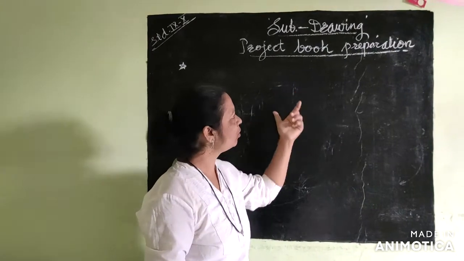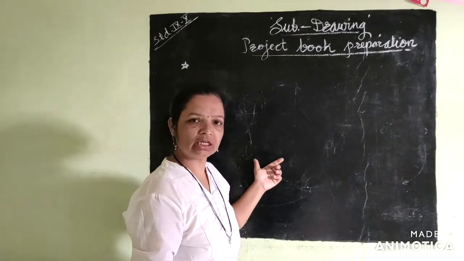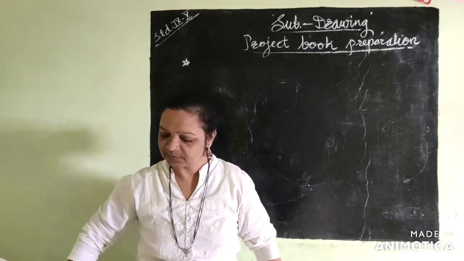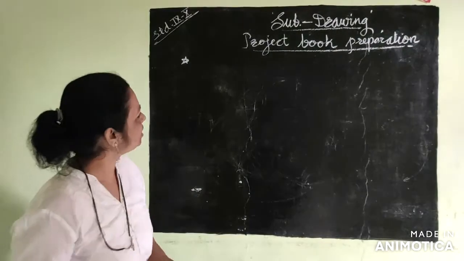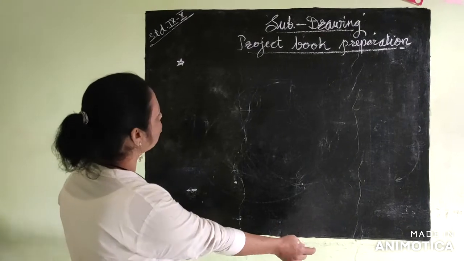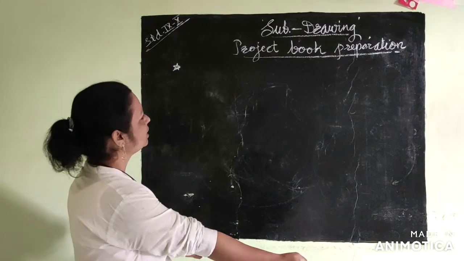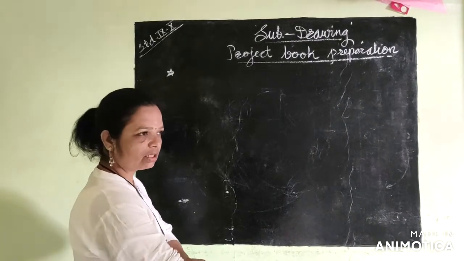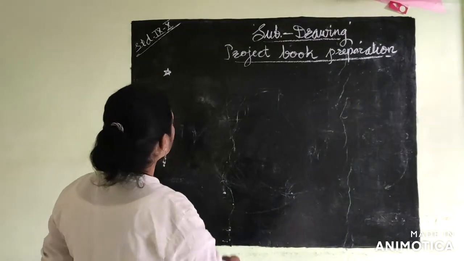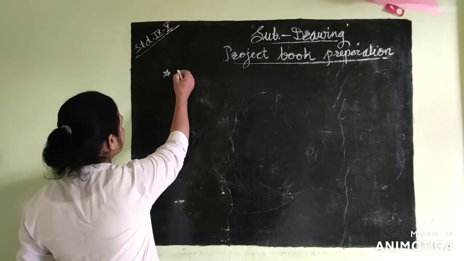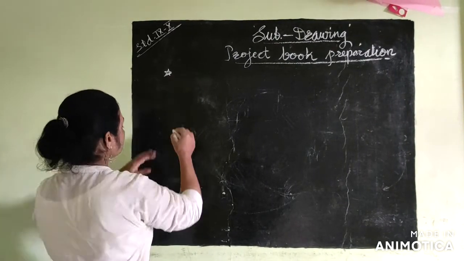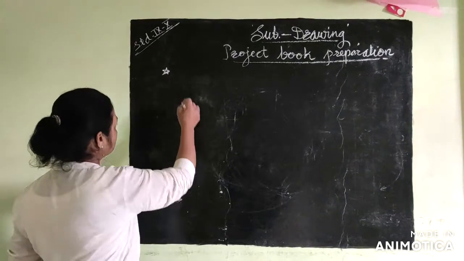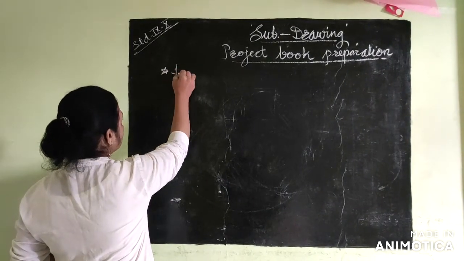Here, first of all, today we talk mainly about the project book and its related subjects. So friends, I write some subjects on the blackboard. Write them down clearly and choose the subject you like for your project book. The first subjects are mainly on our Indian history topics: Indus Valley Civilization.